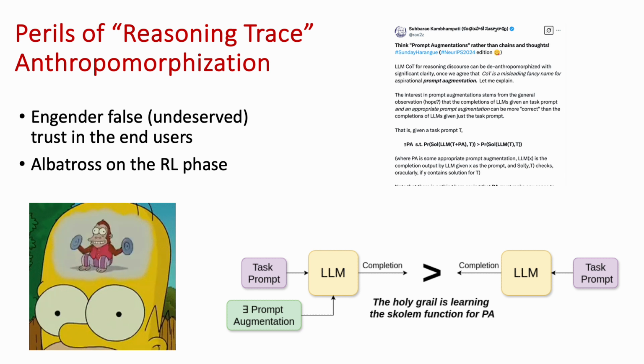Okay? And more importantly, it becomes an albatross on the post-training. An albatross is like an albatross around the neck. Just to generate these reasoning traces that are in English, R1 took a hit. R1-Zero had higher accuracy, but just so that they can have the intermediate tokens in this mind-numbing English, they took a hit on the accuracy. In fact, that's what I showed you: if you train on the correct traces, you can actually improve accuracy. So if all you care about is improving the optimality of the final solution, work directly on that rather than trying to make some training statements about the intermediate tokens.